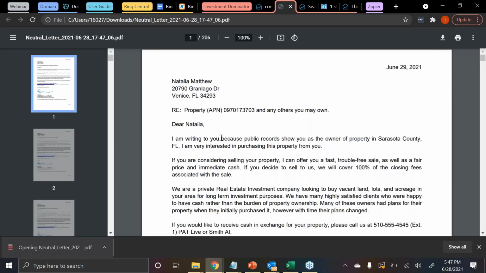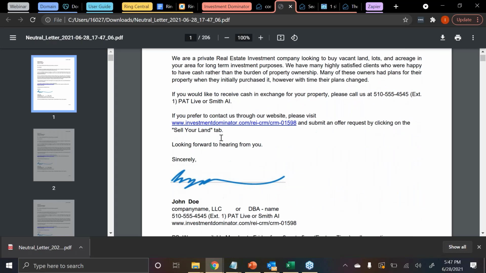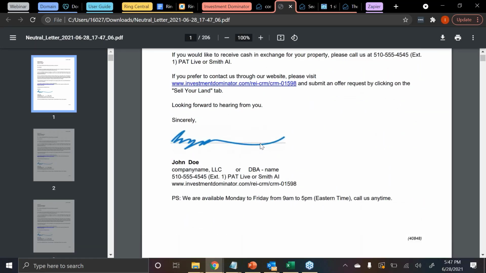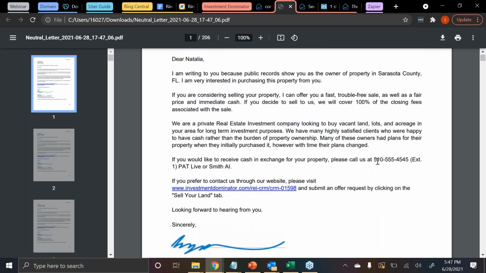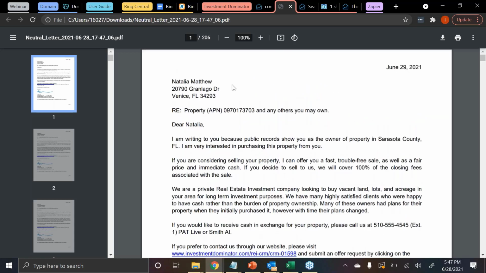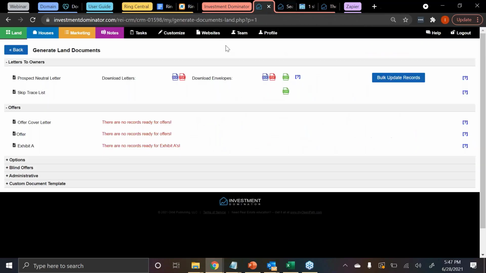So here we'll populate every single letter that we have. And again, this is my signature that we just uploaded, as well as the information that we provided within the company information. So you'll see our number here. And just realize that the extra tidbit information that I added next to the numbers is actually for demonstration purposes, so do not have something like that on your letters, but you'll see the setup of everything here. So once you've verified all the information there, that is good, and you don't have to